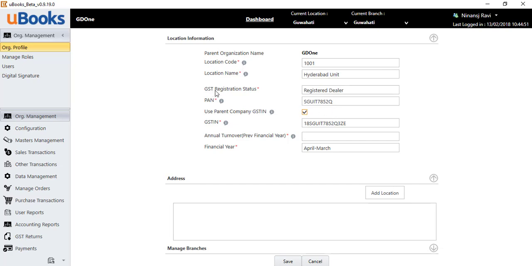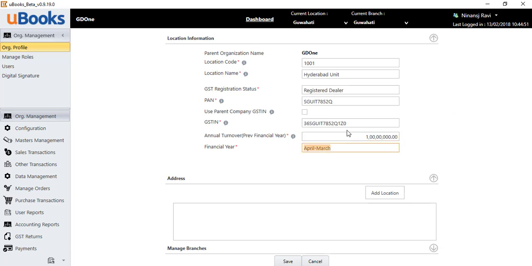The user can click on use parent GSTN if this location belongs to the same GSTN, or if it is a different GSTN in a different state, then uncheck this option and enter the respective GSTN number,